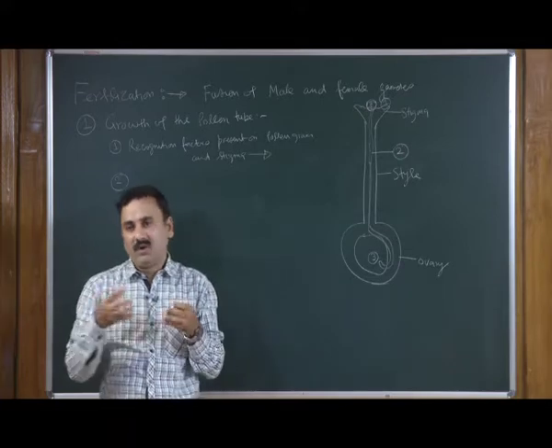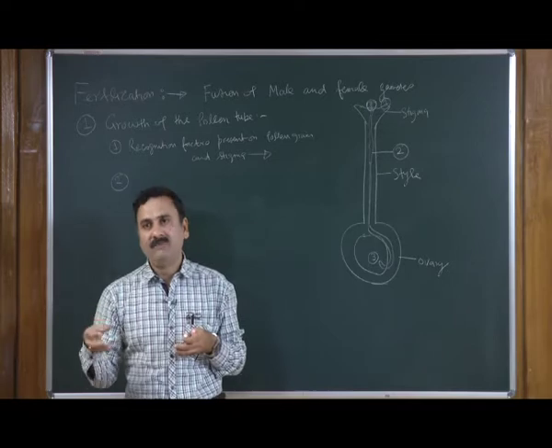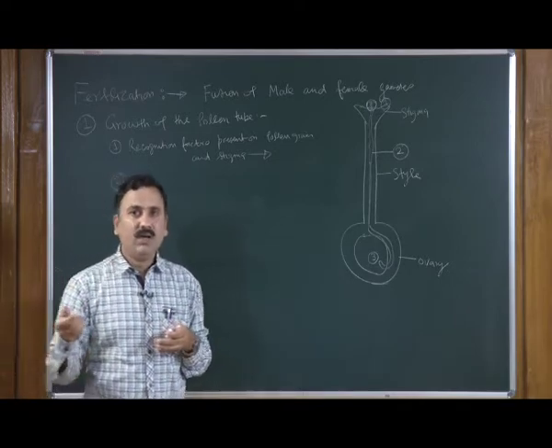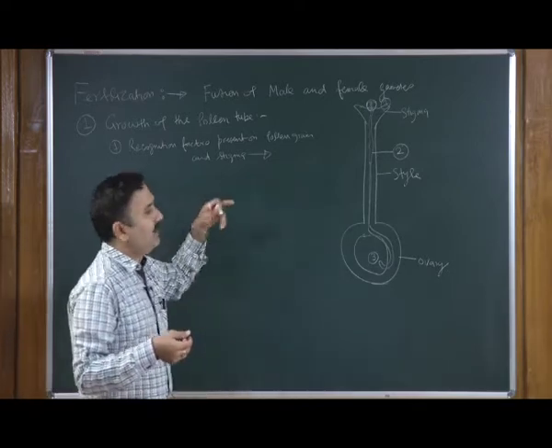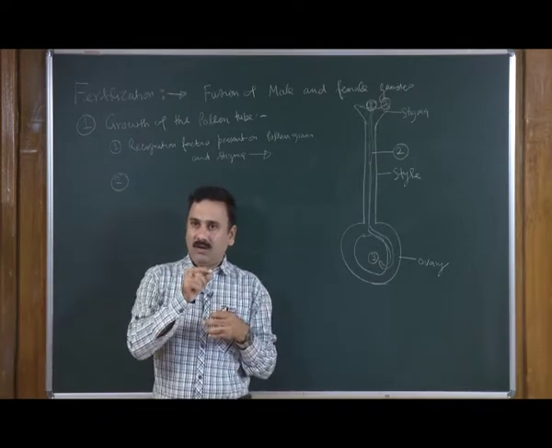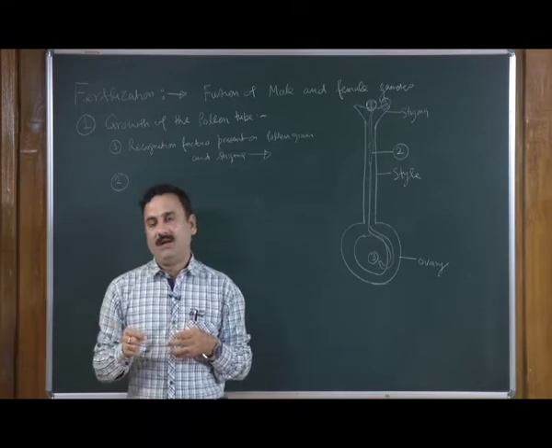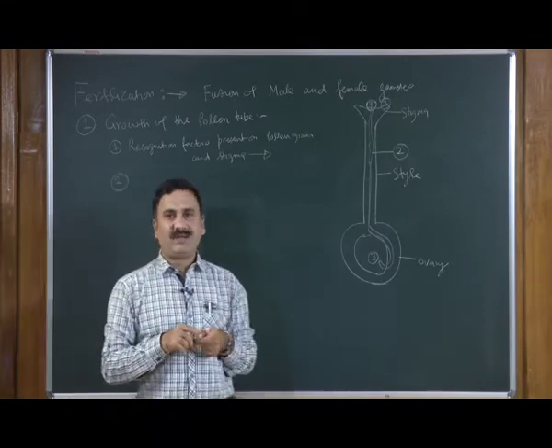So, it takes up the water from the stigma, and in the presence of water as well as the moisture, the pollen grain starts growing. In that process, at some places the intine comes out through a unique projection, and this is all we have discussed in the previous class.